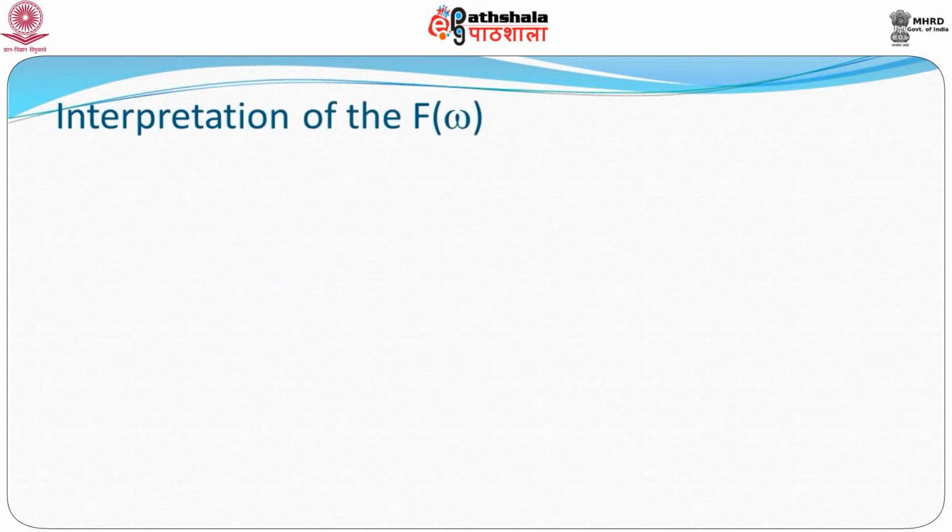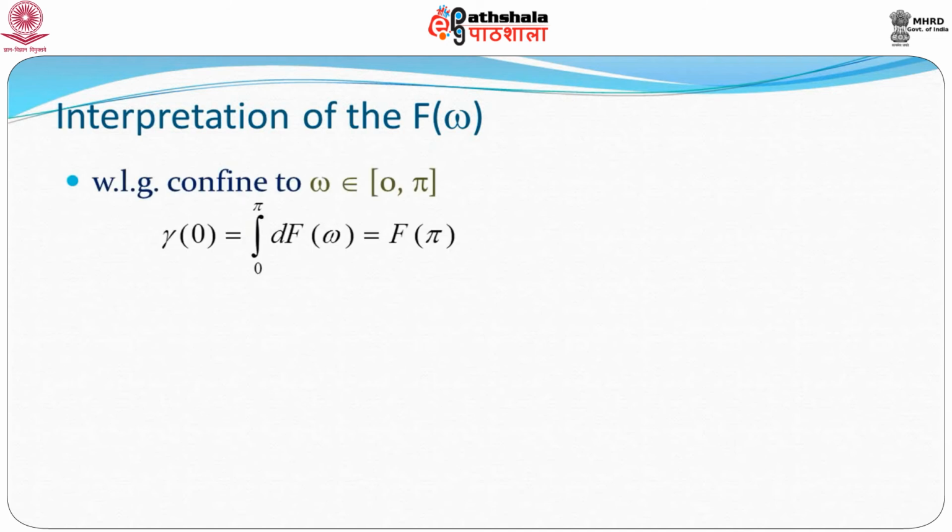Now, before we end today's talk, and we will further look at several examples in the next talk, let us look at the interpretation of f omega. What does f omega actually represent? If we look at just omega between 0 and pi, we are assuming that we are cutting off the negative values, assuming that there is no frequency in the negative range minus pi to 0. So, we confine our omega to 0 to pi. This is for simplicity, because we can always extend this to the range minus pi to pi.